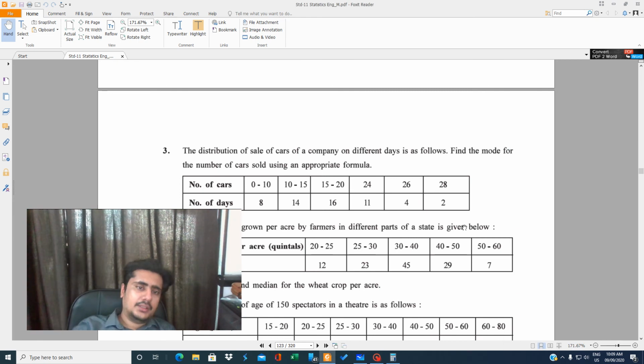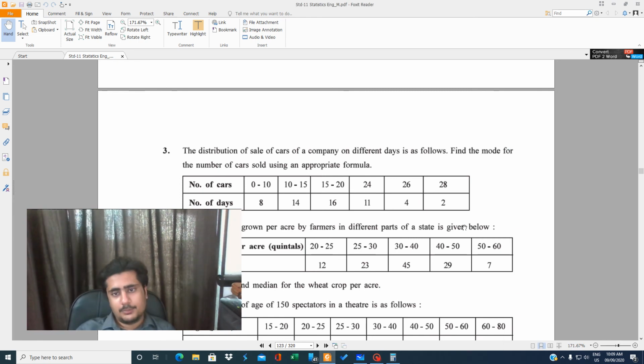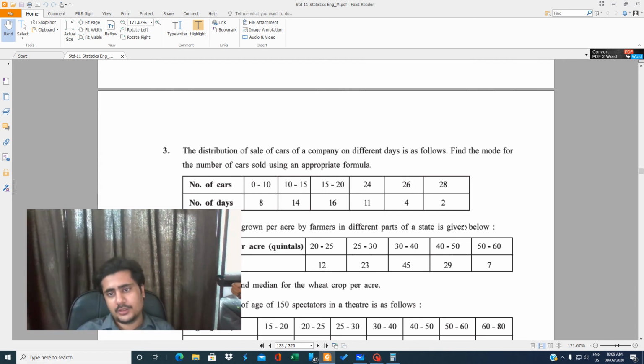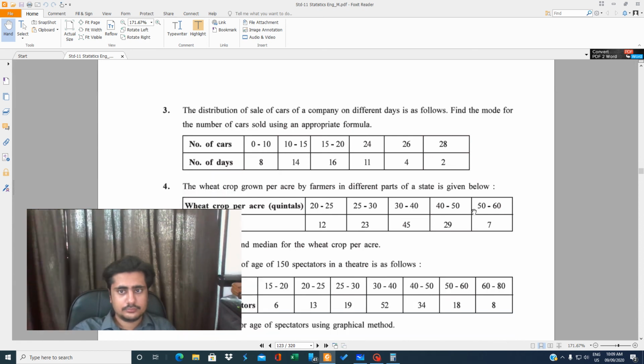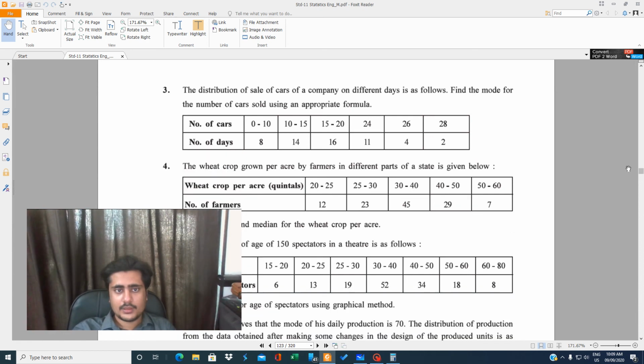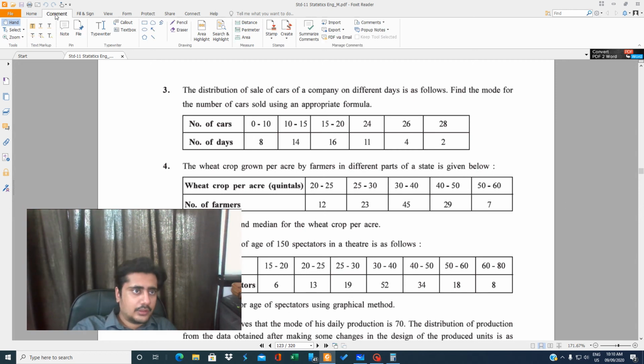First question: the distribution of sale of cars of a company on different days. Find the mode for the number of cars sold using an appropriate formula. Classes are 0 to 10, 10 to 15, 15 to 20, 20 to 24, 24 to 26, 26 to 28, and number of days 8, 14, 16, 11, 4, 2. You can see here the class length is unequal, and the main thing I want to tell you in this sum is